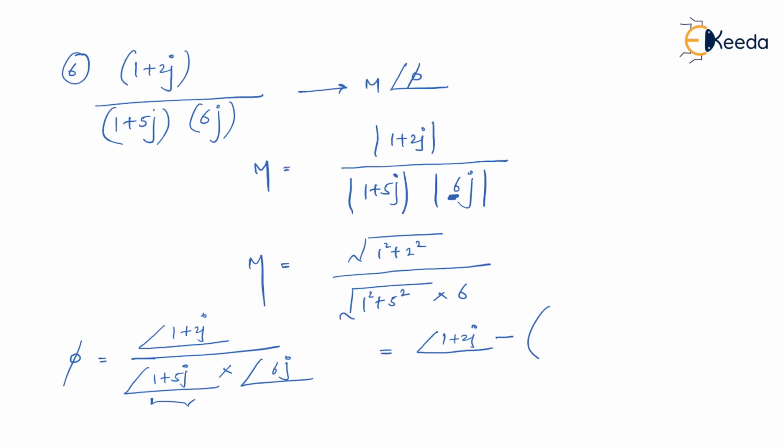But when I have to calculate the angle of the denominator, can't you see there is a product sign? So whenever there is a product sign, the respective angles get added. So what we have over here is the angle of 1 plus 5j plus the angle of 6j. I hope you understand that. Now ultimately, when we have a plus jb form and I want its phase angle, we know that it is tan inverse of imaginary part upon real part. So in this case, the angle of 1 plus 2j will be tan inverse of imaginary part upon real part. Imaginary is 2, real is 1. So we do not need to specify that one. I can write tan inverse of 2 minus.